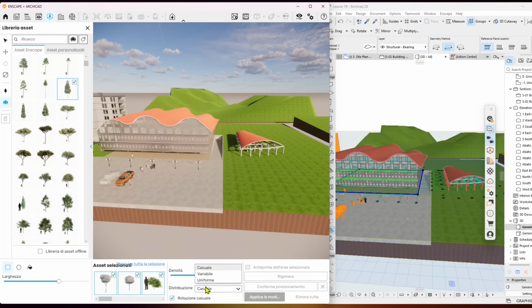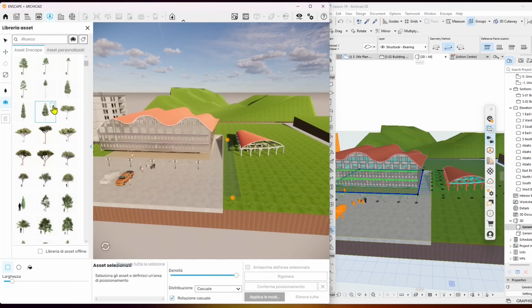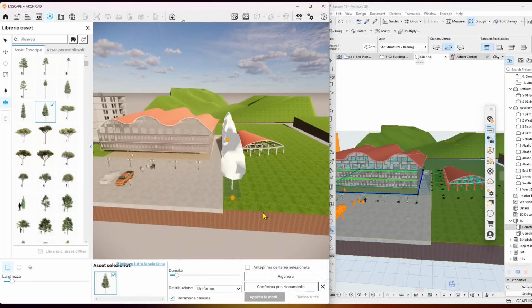Now let's see another one. And so instead of doing casual and random distribution, you can also choose the rectangle, make it a stripe by diminishing the width, and you can put a linear distribution of trees and other vegetation elements. Now you can also click on delete all the selection and restart the selection every time. So I only want to put one tree here,